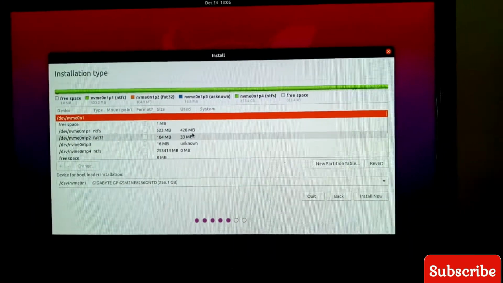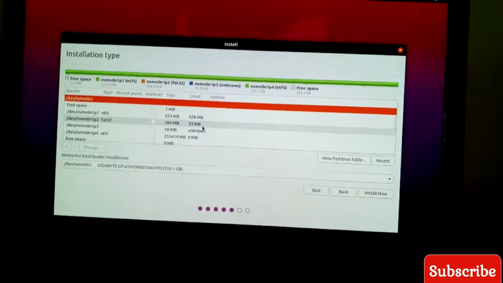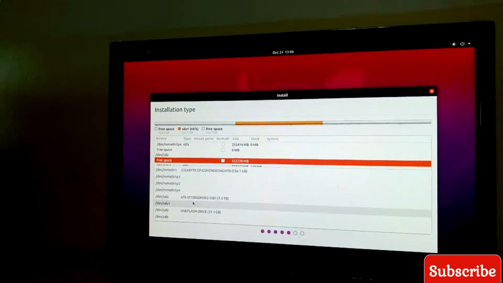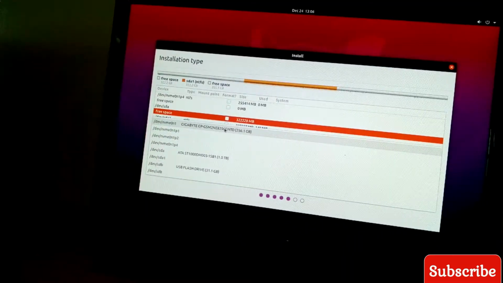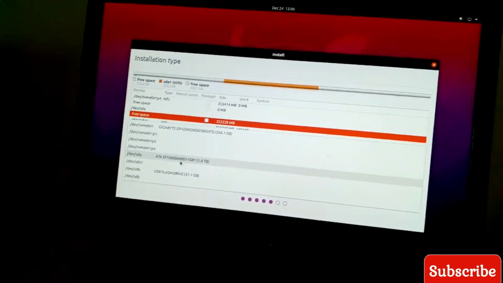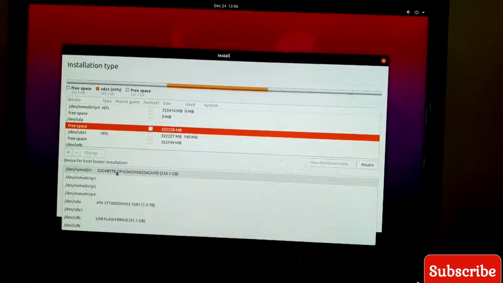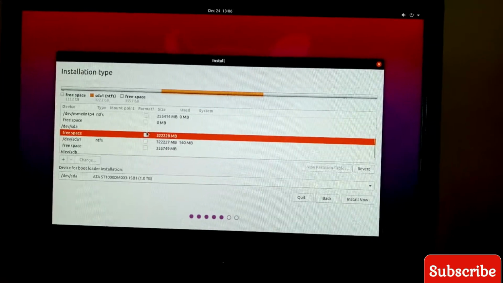This computer has two disks, a hard disk and an SSD. I set up Ubuntu on my hard disk. The hard disk is 1 terabyte. This is the SSD, 256 GB. This is the hard disk, 1 terabyte. Click plus, then